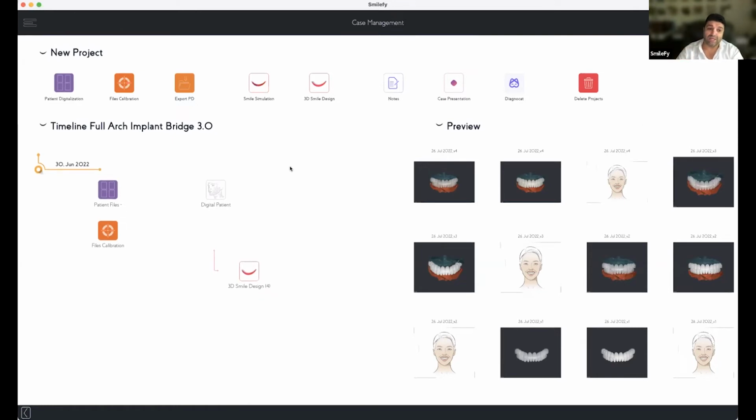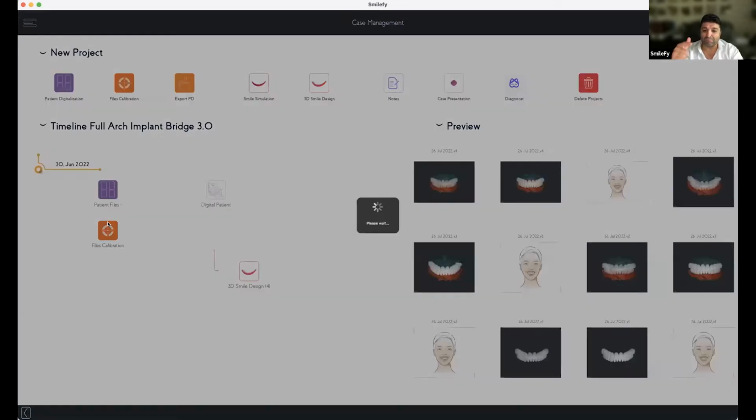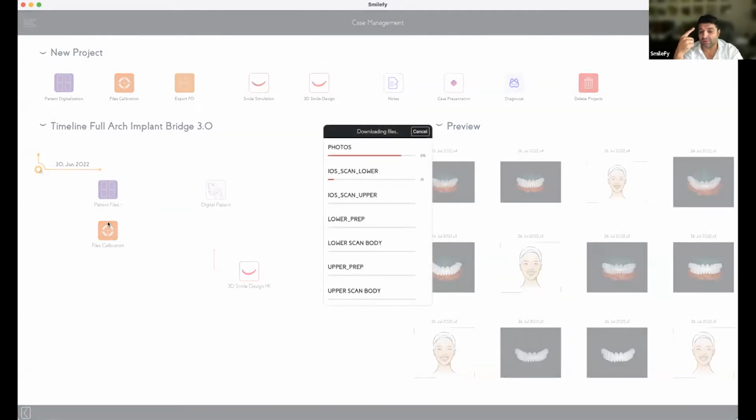Good. So let me show you now the second, more complex workflow, because this workflow is interesting: we have a broken denture or a broken full arch implant bridge. We have a new vertical dimension of occlusion. We have the scan with the implants, with the scan bodies.